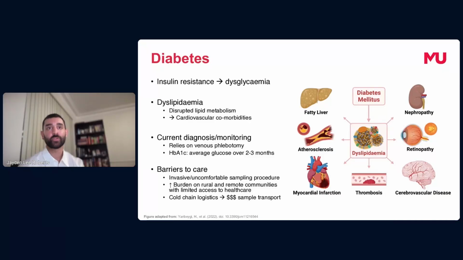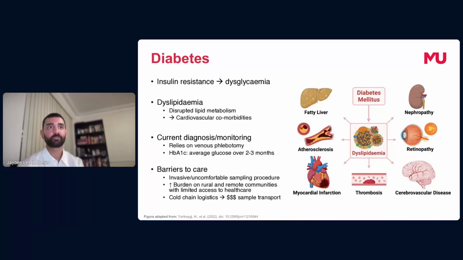And this underpins its strong association with cardiovascular comorbidities and contributes to increased global mortality. A metabolic hallmark in diabetes is dyslipidemia, where we see imbalances in lipid homeostasis, which results in abnormal blood lipid profiles. And these alterations can accelerate progression of cardiovascular diseases such as atherosclerosis, thrombosis, myocardial infarctions, alongside other complications like